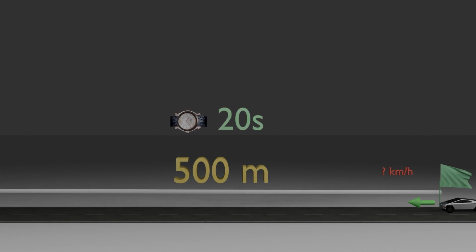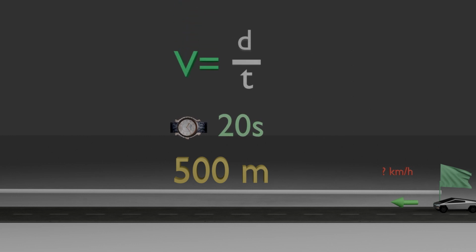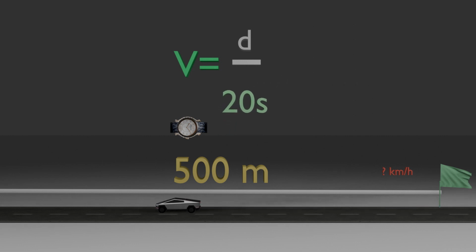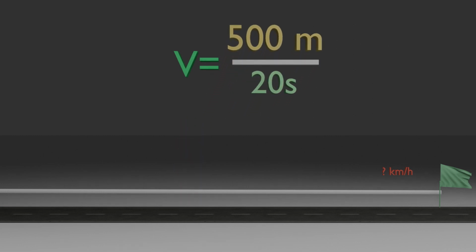The formula for calculating the average speed is v, from the word velocity, t from the word time, and d from the word distance. Average speed is equal to the distance traveled by the vehicle divided by time, which makes sense because speed represents how much the object has traveled in a certain time. In our case, we know that it traveled 500 meters in 20 seconds, which comes out to be 25 meters